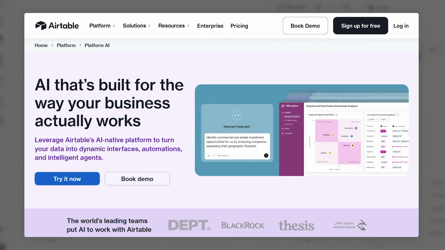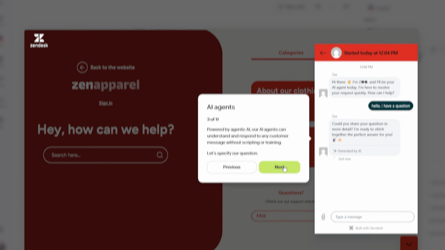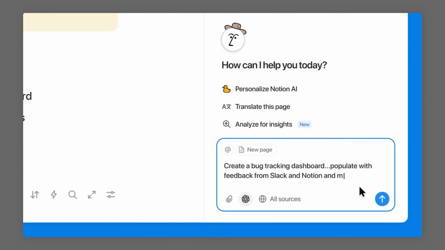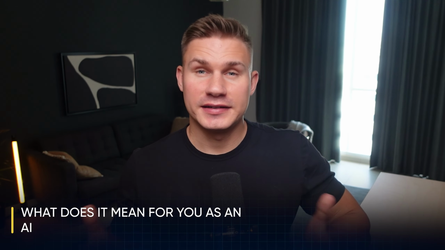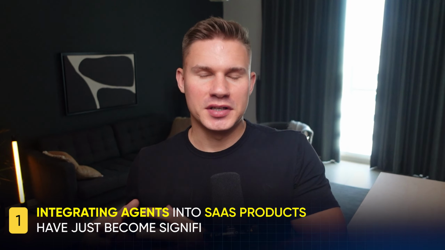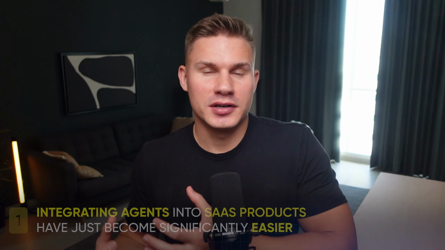So you see, what they really built this for is those copilot apps that we often see being added into SaaS platforms today, like Notion. Now, what does it mean for you as an AI agent developer? First, integrating agents into SaaS products has become significantly easier. This is clearly one of the most recent trends, and almost every SaaS platform today is trying to integrate something like this directly into their platforms.